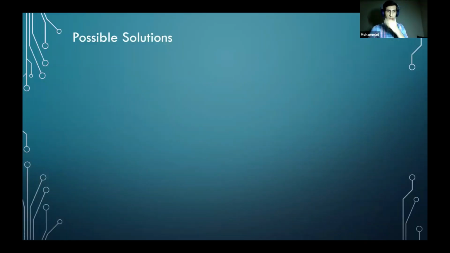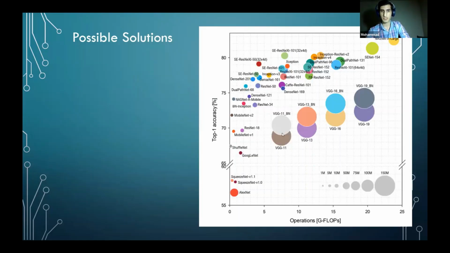Anyway, I think it's all right now. So the possible solutions, there are a lot of possible solutions. There is a wide family of neural networks trained on the ImageNet. And here are some candidates. For example, you see the VGG that was provided to us by the organizers, which are somehow beefy neural networks. They aren't very efficient. However, you can see that, for example, the top left is the best one, obviously. For example, you can see the ResNet family, and I believe some participants used that. Or, for example, the MobileNet V1 or MobileNet V2 or NASNet or other stuff. And obviously, those would be the aim of any participant, in my opinion, to go through.